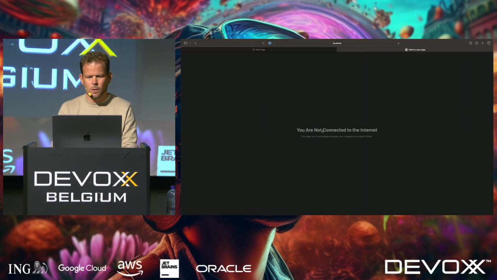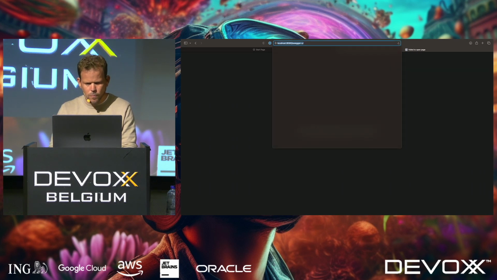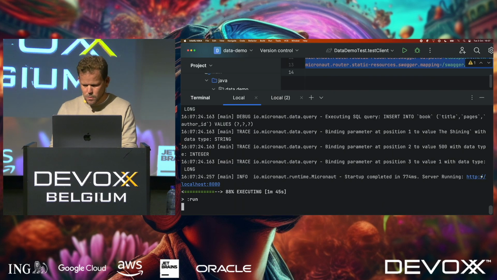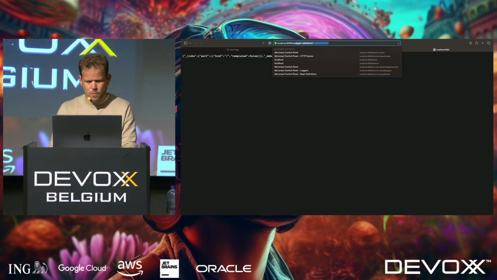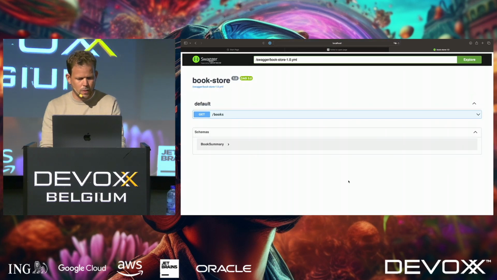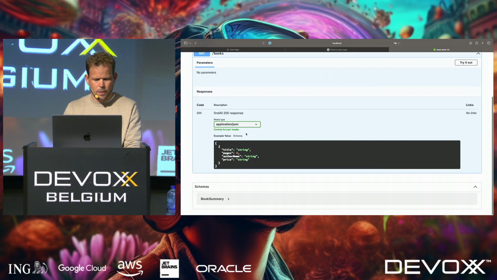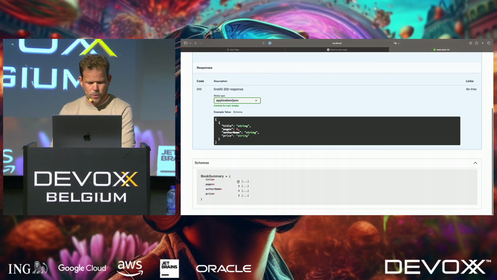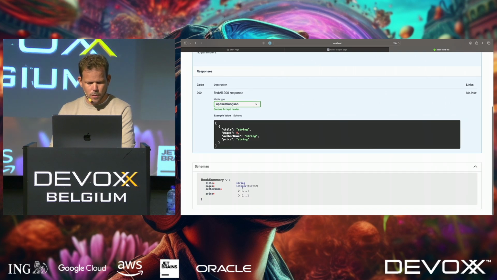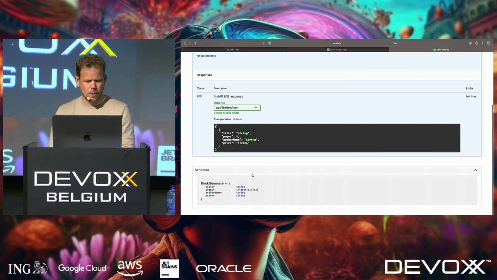oops, you are not. Hold on. There we go. Right. So just by adding an annotation processor, you can see that my books API definition is automatically generated at compilation time. And it's smart because it generated my API, but it's also generated the schemas. So if we look at the schema for book summary,